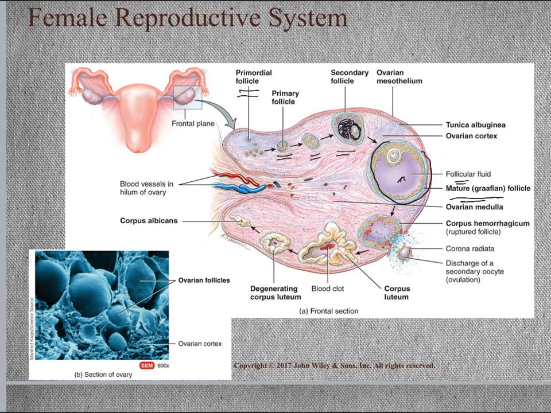The egg is expelled, the fluid ruptures, and the corona radiata, so radiating crown, is going to protect this layer of granulosal cells, which are going to protect the discharged secondary oocyte or ovum. This is ovulation. Now, this follicle will degenerate into something called a corpus luteum. It will pulse hormones,